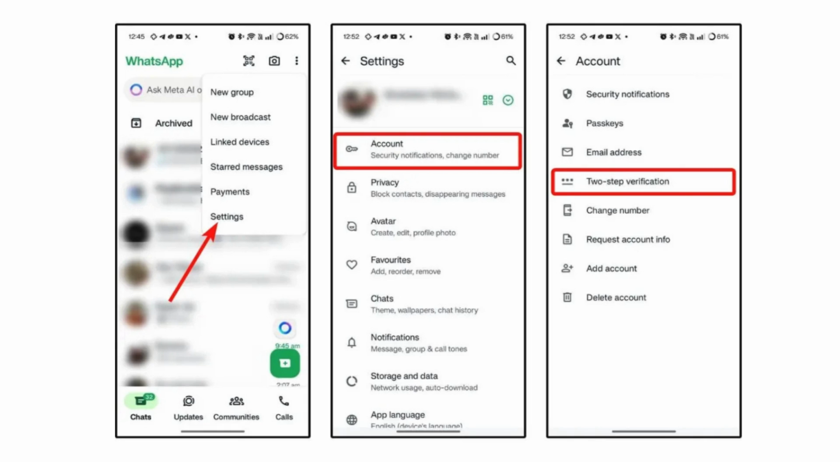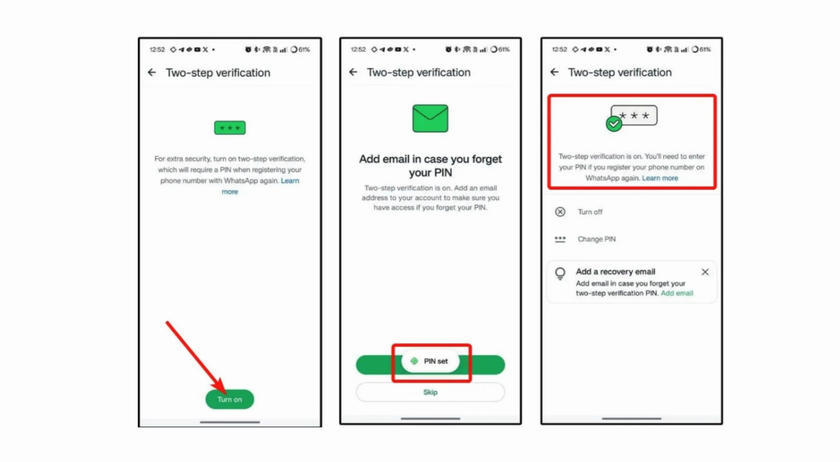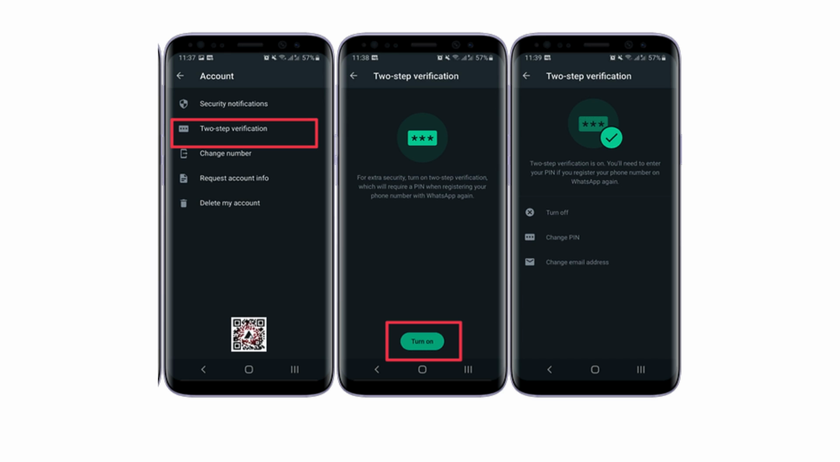number with WhatsApp again. On Android, open WhatsApp, tap the three dots menu in the top right corner, select Settings, go to Account, tap Two-Step Verification, tap Enable to set up the PIN and optional email, Disable to turn it off, change PIN to update your 6-digit code, change email address to update recovery email, turn off to disable two-step